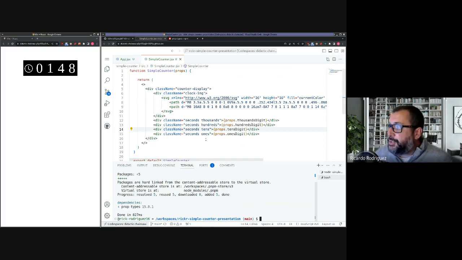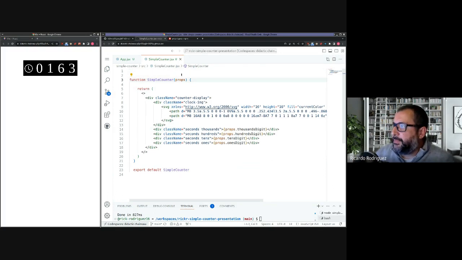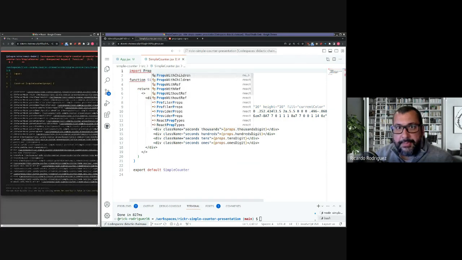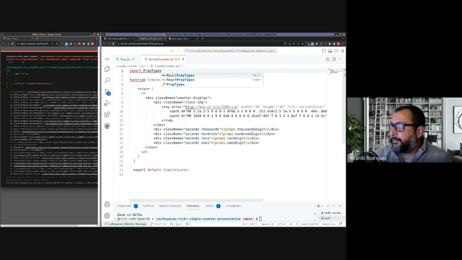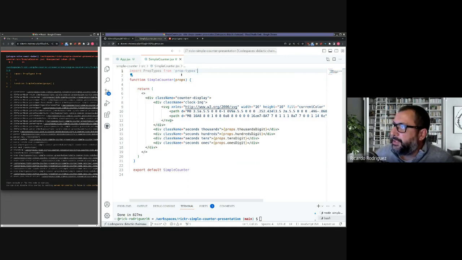And now what I want to do is use prop types in my simple counter functional component, because I want to make sure that everything that gets passed in here is a number type. So in order to do that, I'm going to go to the beginning of my function component here. Go to the top here. And I'm going to import prop types from